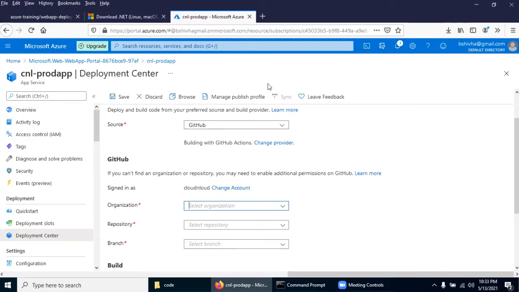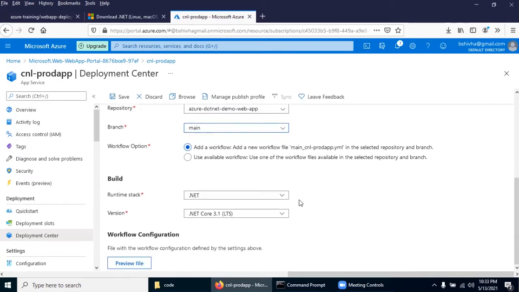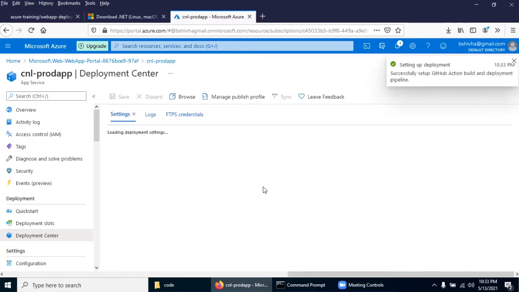Otherwise, you need to synchronize in the same browser. I have a repository, Azure .NET Demo Web App. Click it. If you have multiple branches, right now I have only one main branch. Say save.